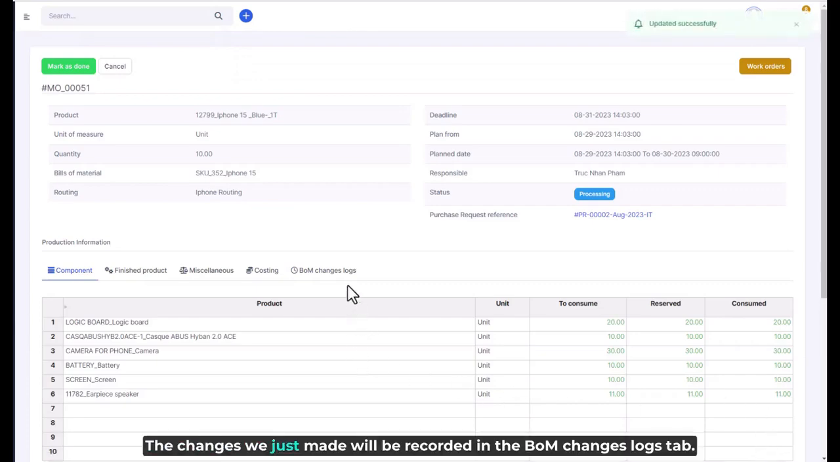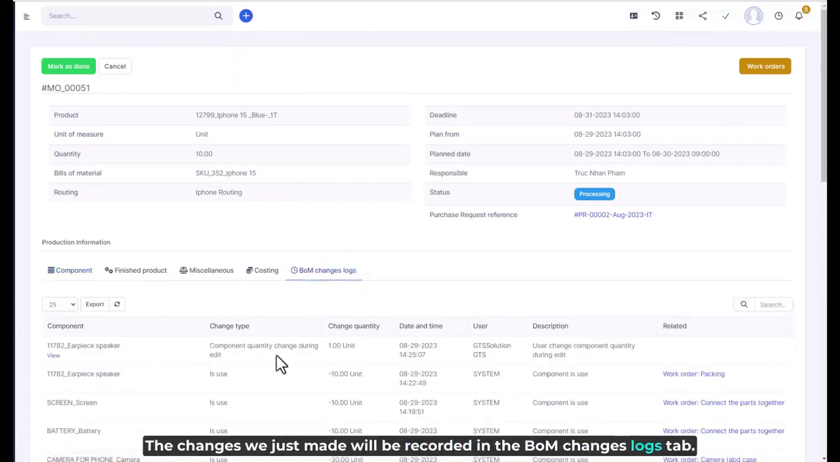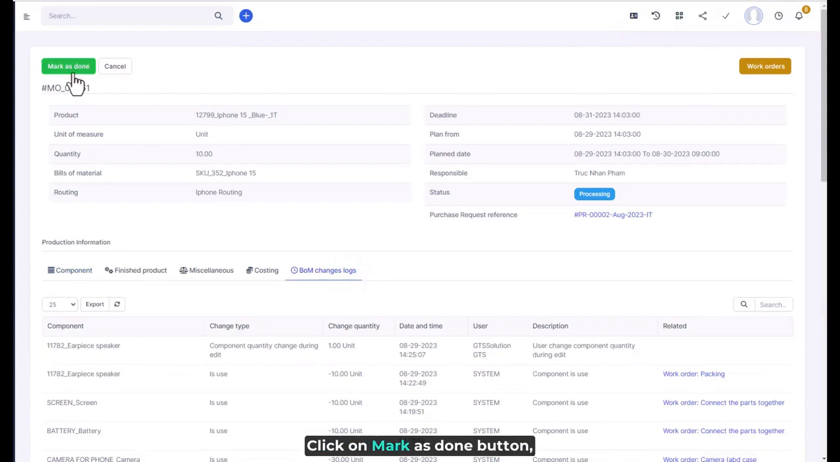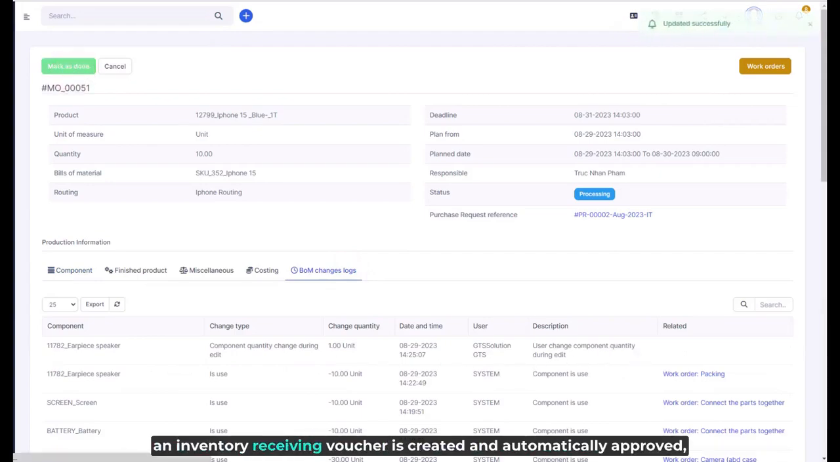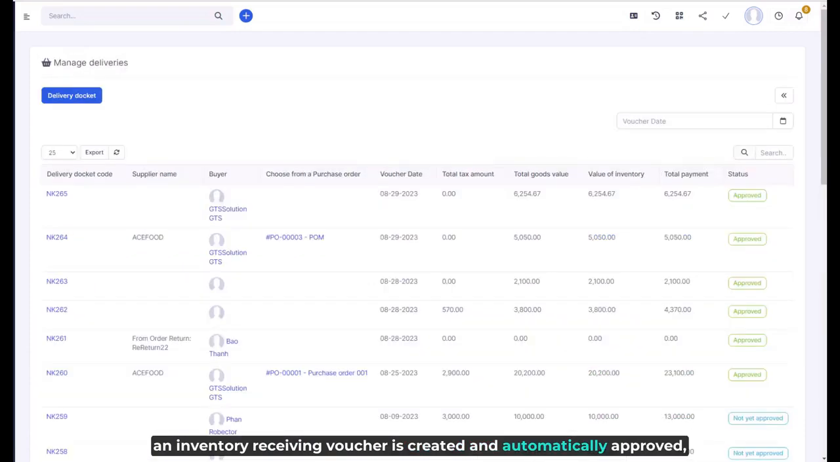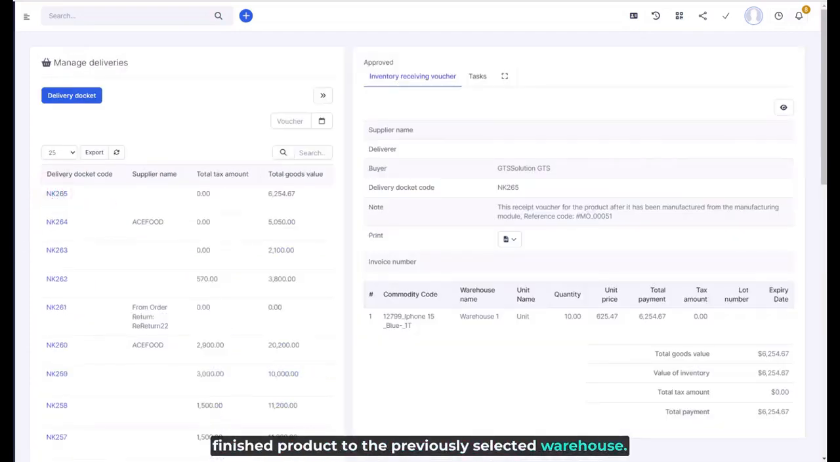The changes we just made will be recorded in the BOM Changes Logs tab. Click on Mark as Done button. An inventory receiving voucher is created and automatically approved, updating the quantity of the finished product to the previously selected warehouse. This inventory receiving voucher for the product after it has been manufactured from the manufacturing module, reference code,